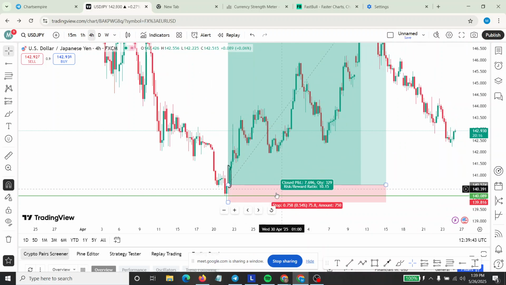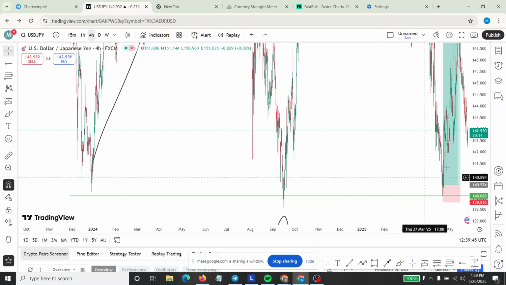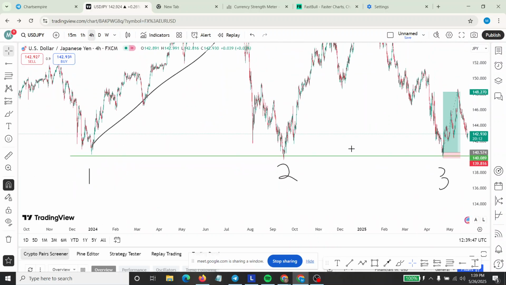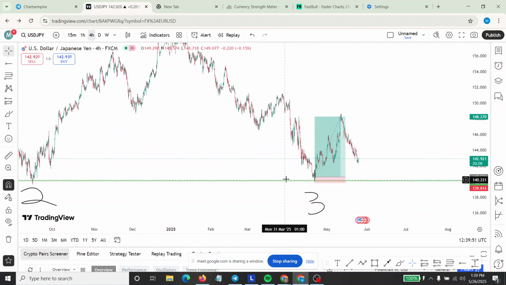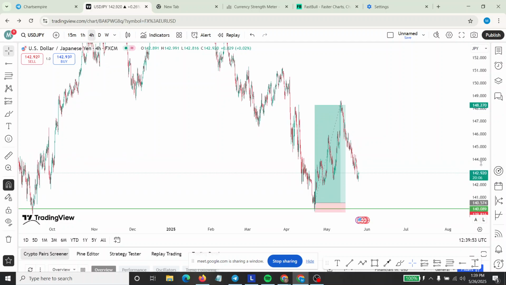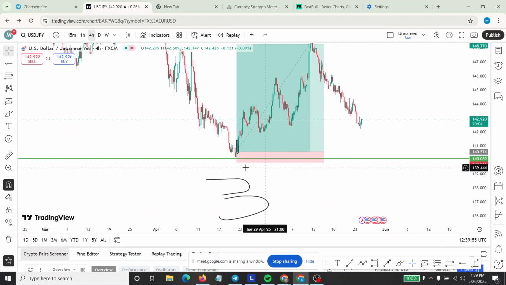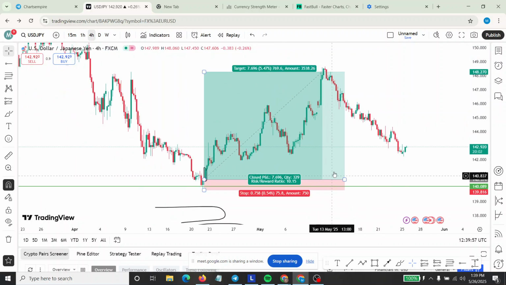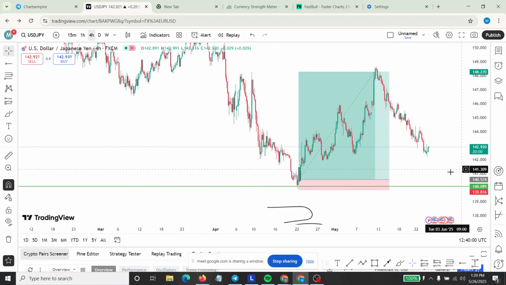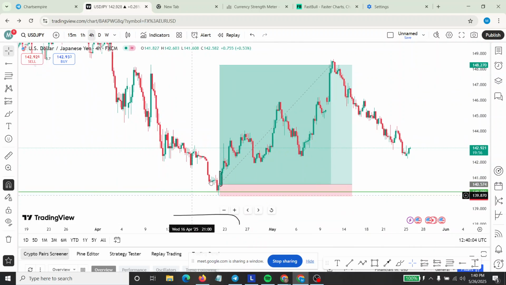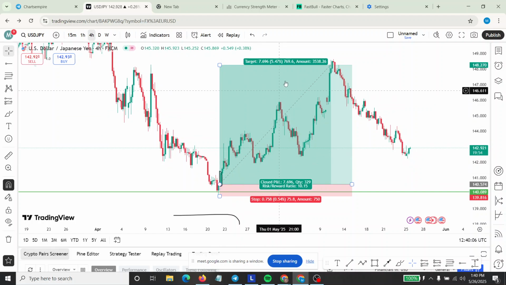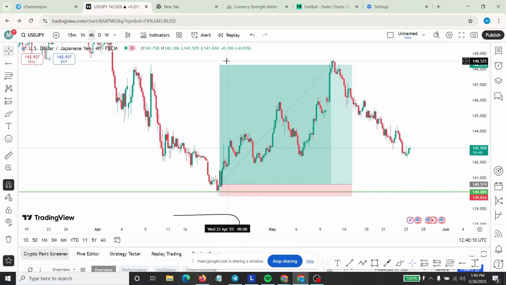We've seen something because we are anticipating with the third touch. A lot of people will be anticipating to join this market at the third touch. Now they've joined at the third touch and they've made their decision. They've made their entry here. Swing traders will have used this 4 hour for confirmation, and they entered here. They held this trade all the way to this place here, and once the market reaches this take profit, it